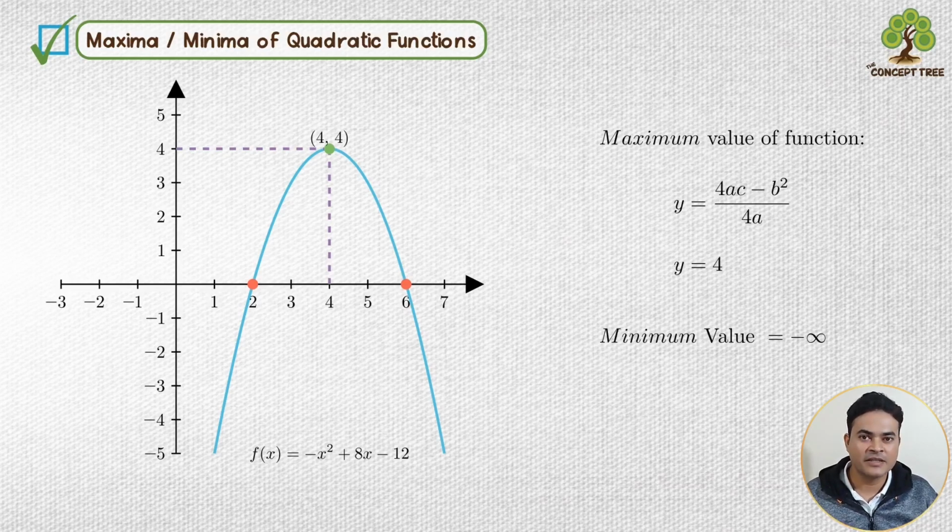Now let us summarize this. So if we have an upward parabola, the maximum value will be infinity. But there will be a point below which it cannot go. That means we will get a minimum value in that case. In the second case, if we have a downward parabola, it can go down infinitely. Therefore, minimum value will be minus infinity, but there is an upper limit beyond which it cannot go. Therefore, in that case, we will get a maximum value. So depending upon the shape of the parabola, whether it is an upward parabola or downward parabola, we can calculate the maximum or minimum value in respective cases.